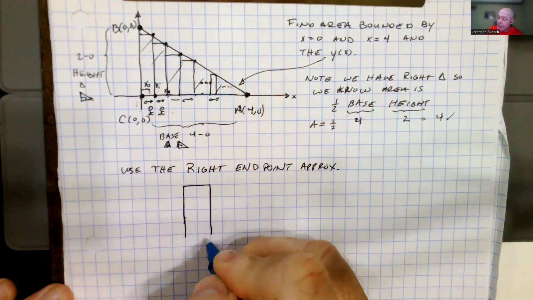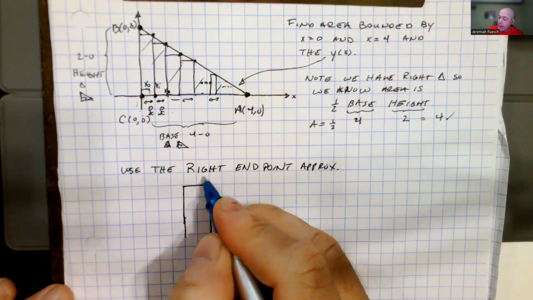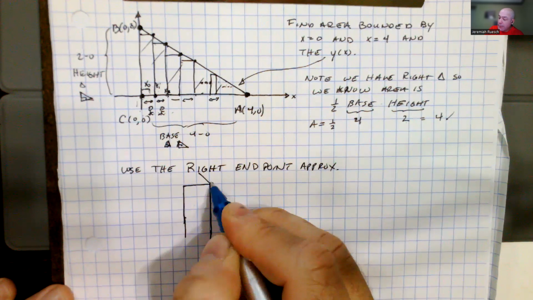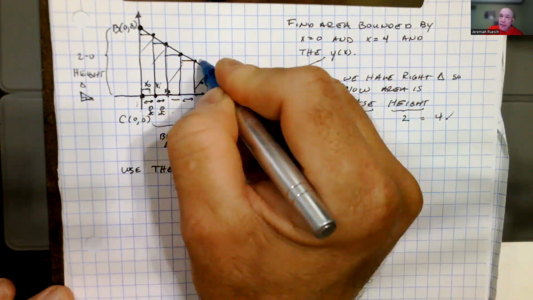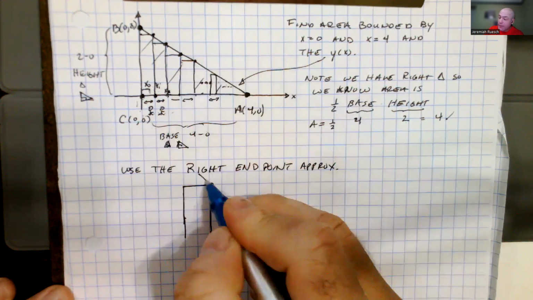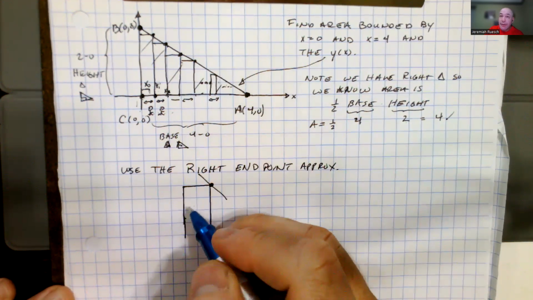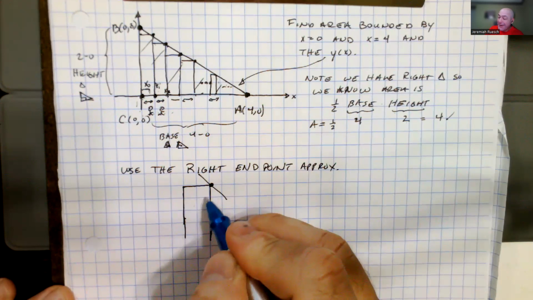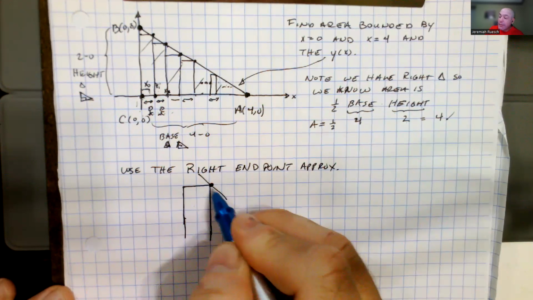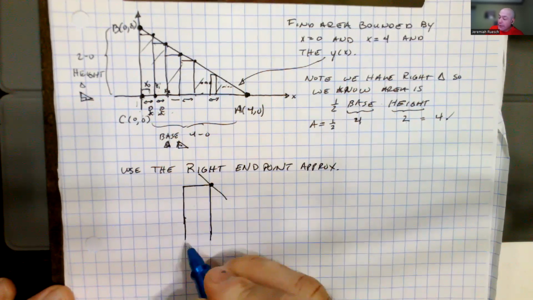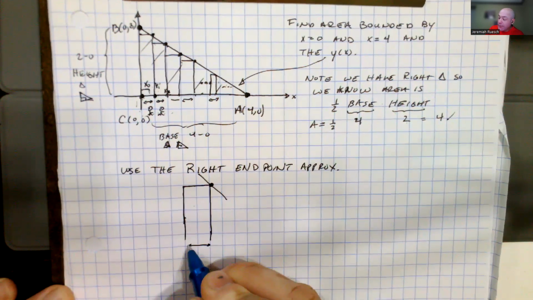I'll draw that a little bit, and I'm blowing it up a little bit just so you can kind of see where the parts are coming from. So the line is coming through like this. Imagine I'm zooming in on this part right here. So here's the line, and here's my rectangle. And the line is coming through the right angle here. Okay, so the base of this rectangle,